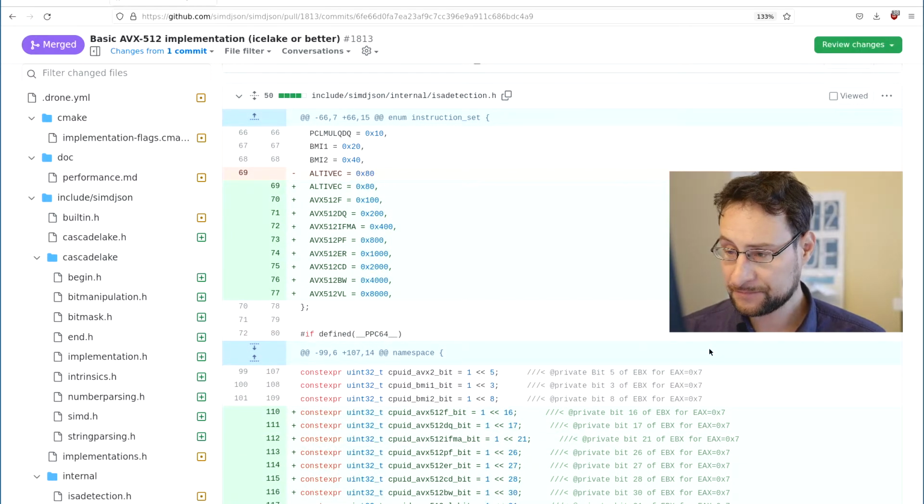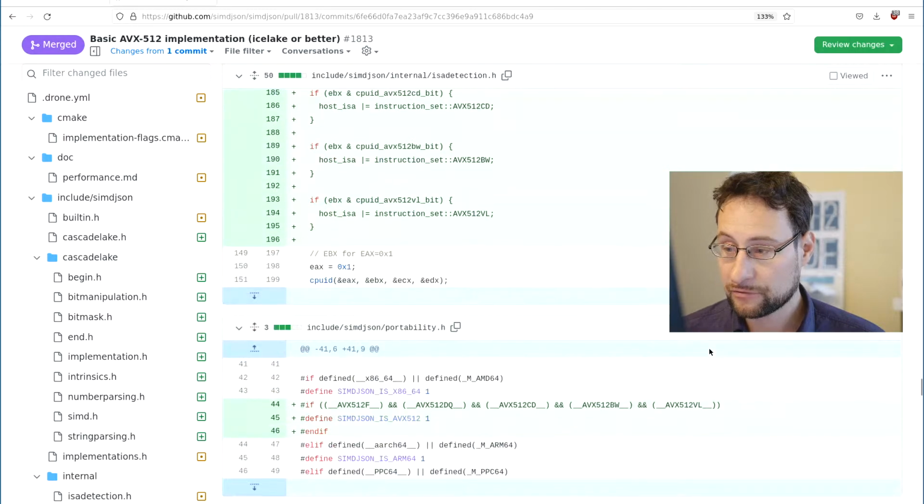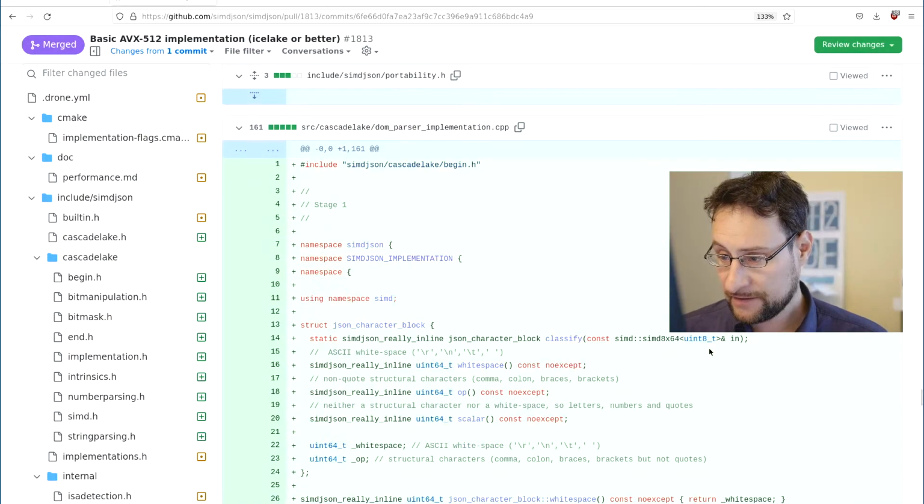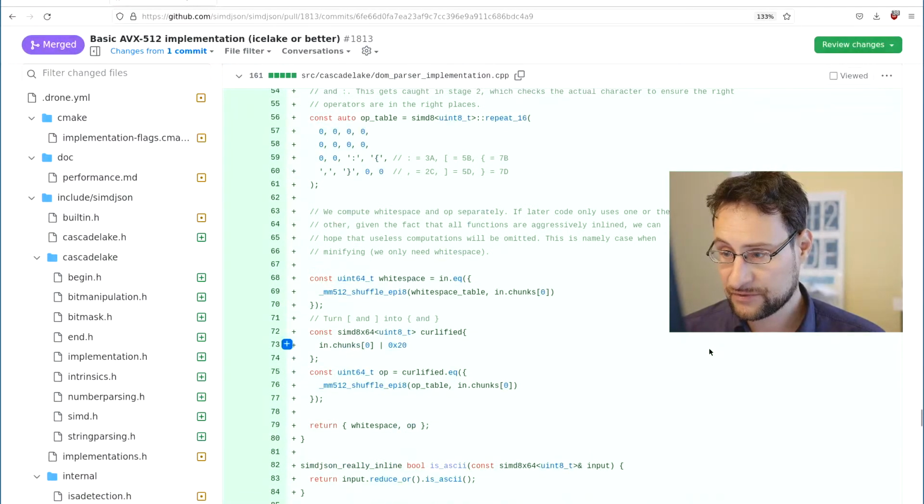CPUID bits, as we've seen yesterday, hey, they have freaking AVX acceleration. Freaking kidding me. Or not. Is that x86? AVX, interesting. Our PowerPC stuff is already there. DOM parser implementation, so here probably comes interesting stuff.